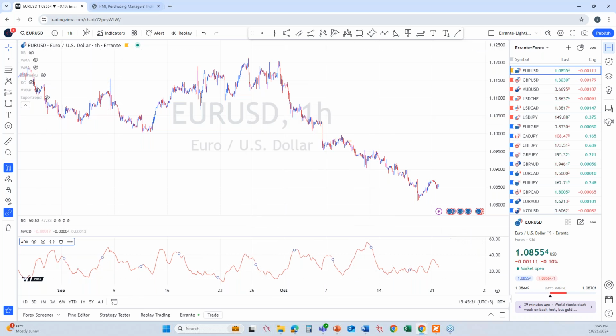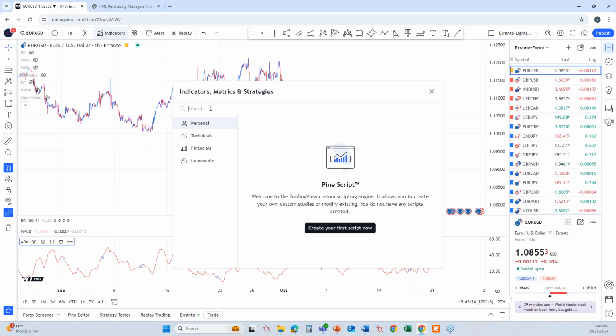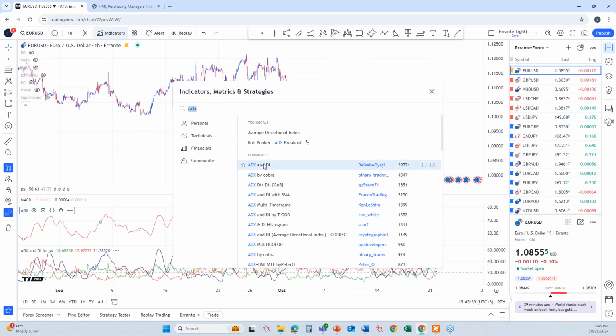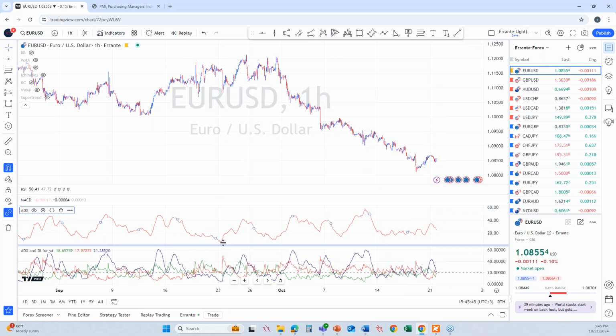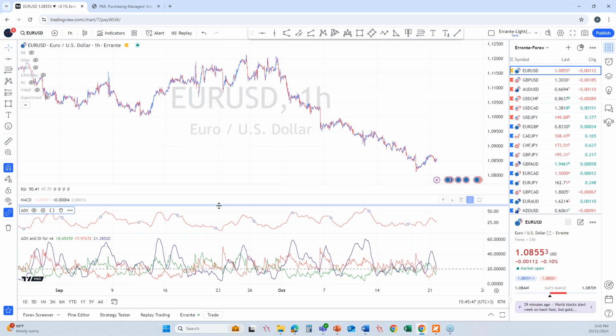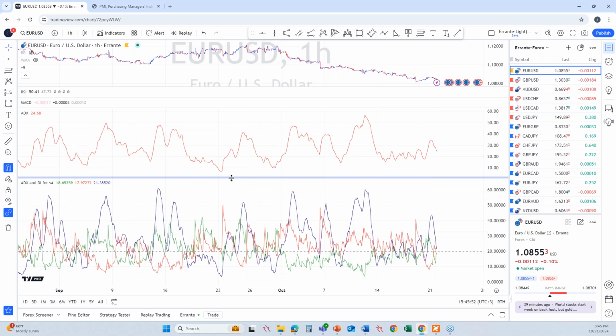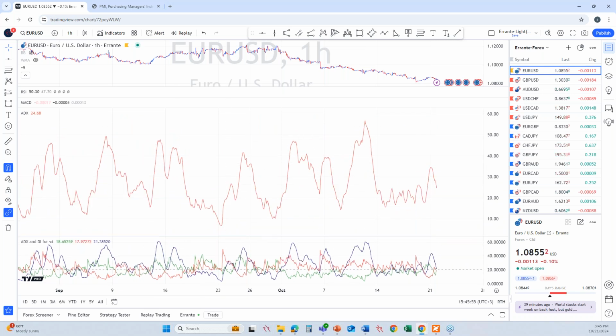However, you can see we don't have the DIs, but from the community of TradingView, which is a library of, let's say, indicators, you can find another ADX with DI. However, you have to make sure these have the right formula. Here you can see an ADX and DI from the community, not the inbuilt